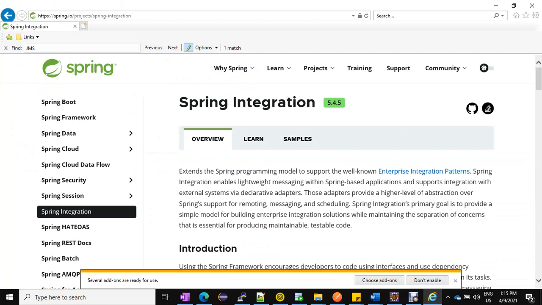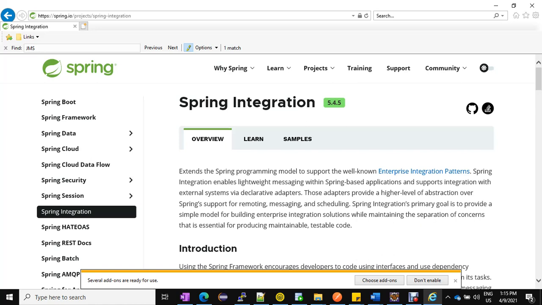Today I'll be creating one small project, a demo which will show the integration between Spring Boot framework and IBM MQ middleware integration system. As you know, we have so many integration systems like Kafka as of now. IBM MQ is one of them, wherein the data is transferred in the form of XML, and on Kafka primarily we use JSON. I'd like to put up some of the advantages here.